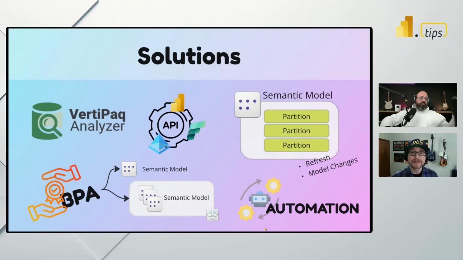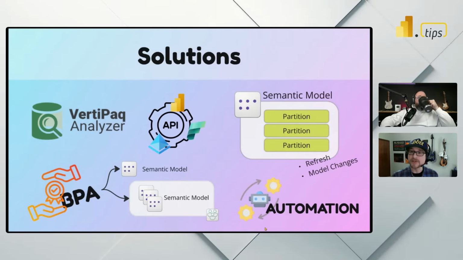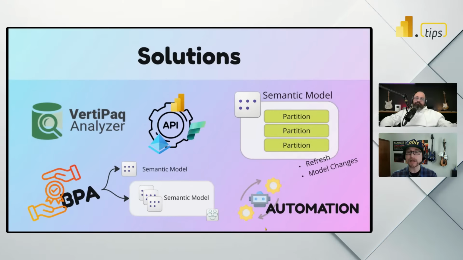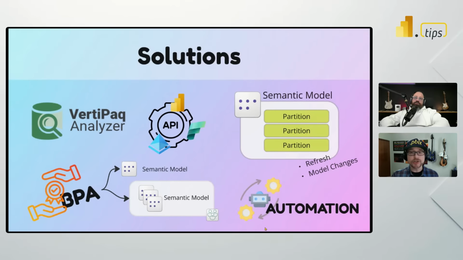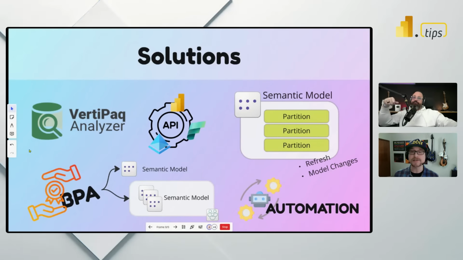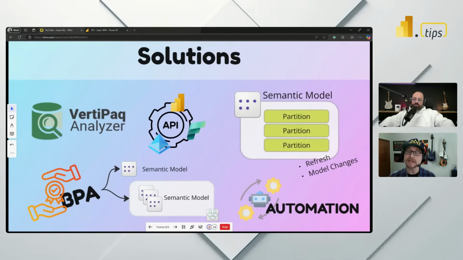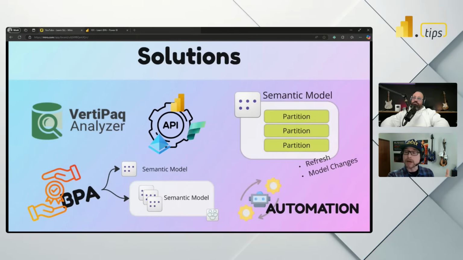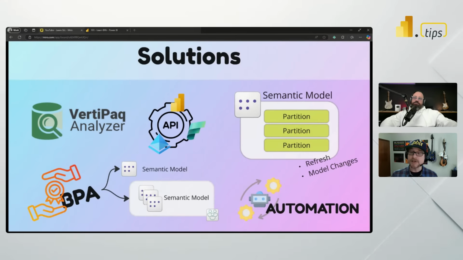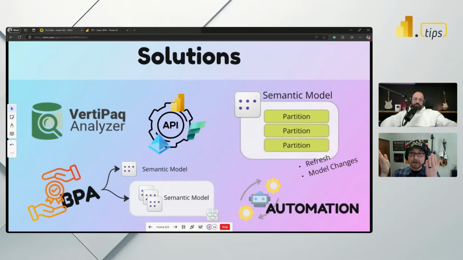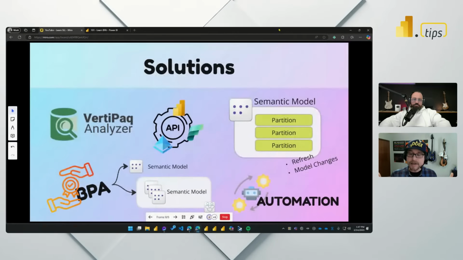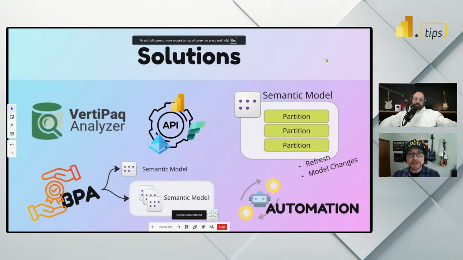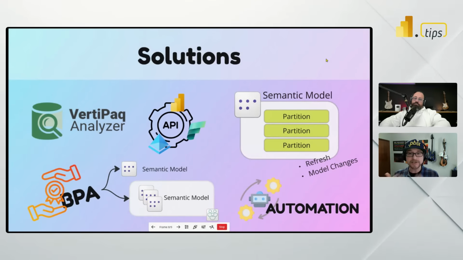I would say that this is similar to the VertiPaq Analyzer because your BPA actually impacts the performance of your semantic model. If you have things like bidirectional relationships, or where it's summarizing columns that don't need to be summarized, that's probably not a performance thing, but it can be confusing if someone's trying to use your semantic model to build a report. I've seen this a lot, order by columns where it's a number, and the order by column ends up getting automatically summarized. That doesn't make any sense. It could accidentally get added into a visual somewhere and have a summarization of something that makes no sense to summarize,